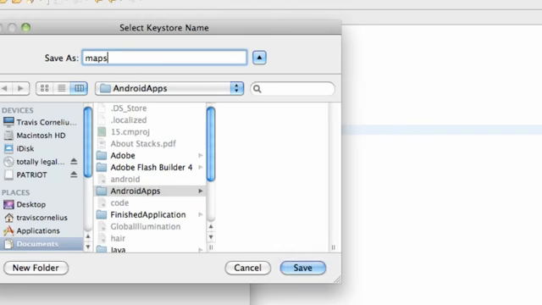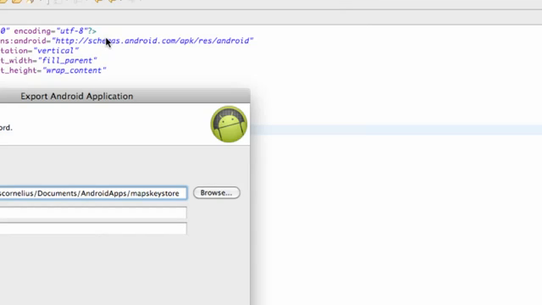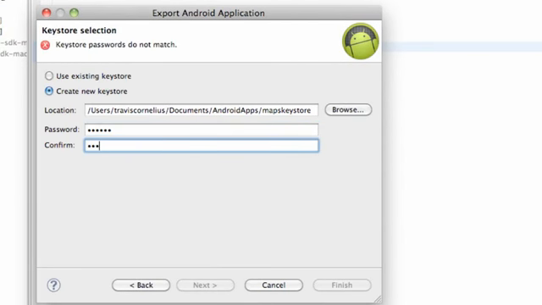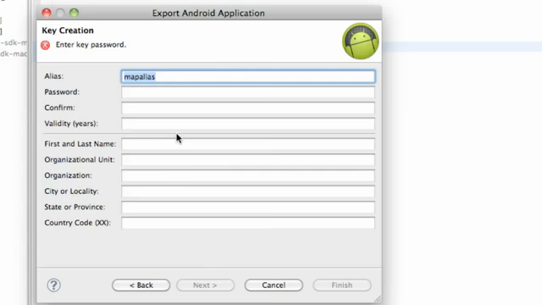So just create a folder called Android apps, and we're going to say maps, save this as maps key store. Hit enter, and then we need to create a password that we're going to remember. I'm going to say Travis and hit enter. So now that's where we created our key store, and we also have to create an alias. So I'm going to label mine maps alias,